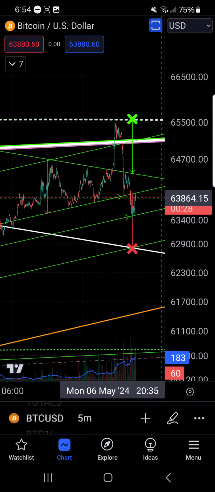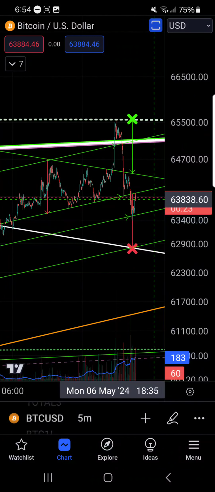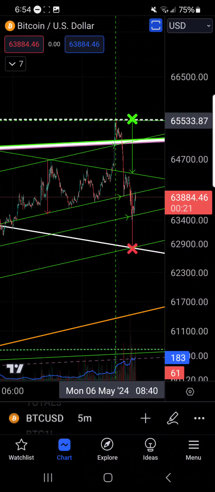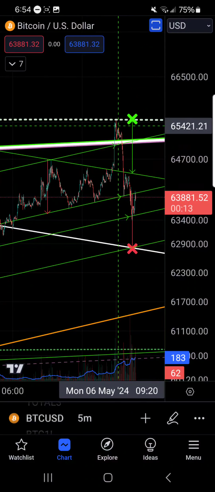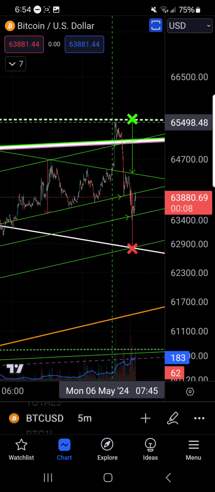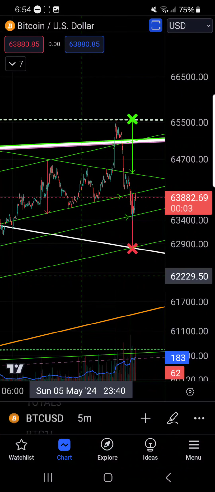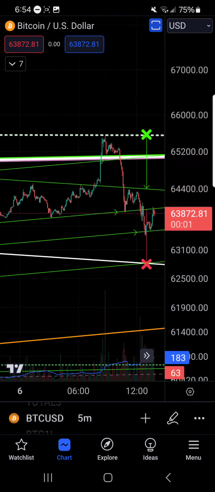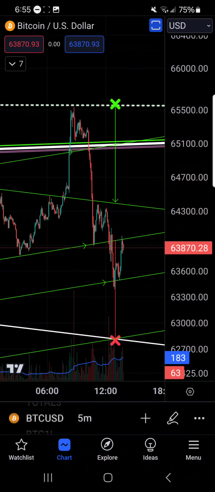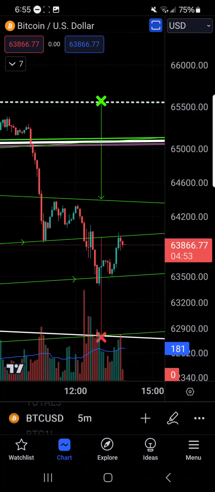So, I said there was a very good chance that we could do both of these. And sure enough, we came up here, liquidated a lot of shorts, and caused a little short squeeze to get us exactly to our target. And then we dumped to come back down and close the gap. Now, we did not come all the way down to this target, and that is good. Arguably, we did not even close the gap.